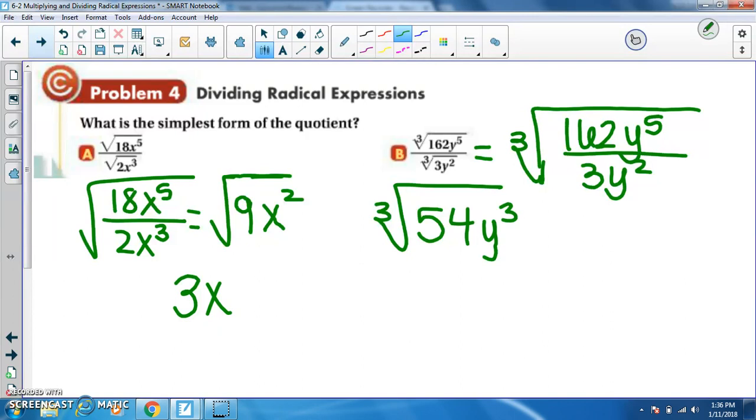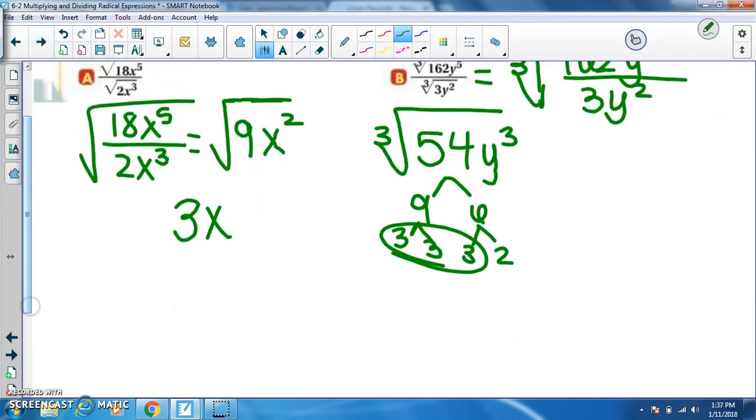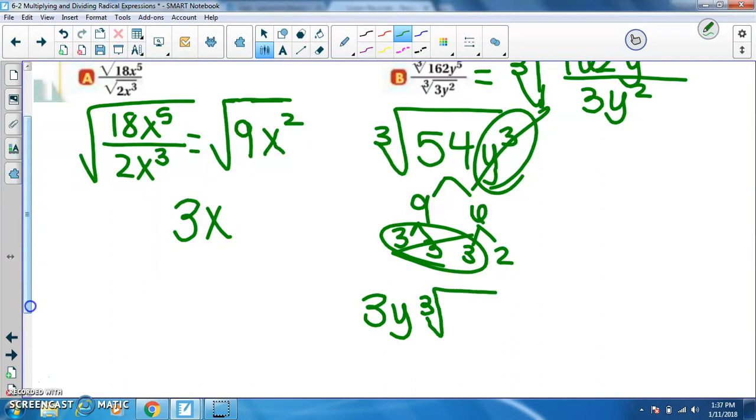What goes into 54? 9 and 6. 3 and 2. 3 and 3. I have a group of 3's, therefore, I can take that out. I have a group of 3y, so I can take that out. On my outside, I have 3y, cube root of what's left on the inside,